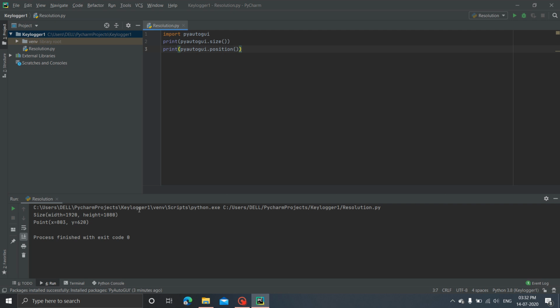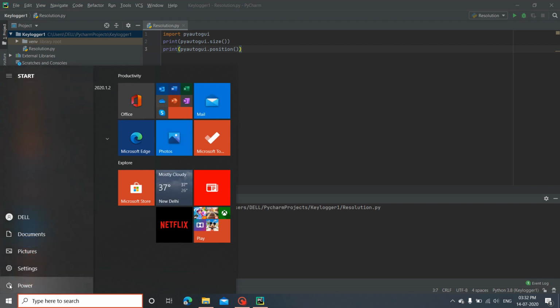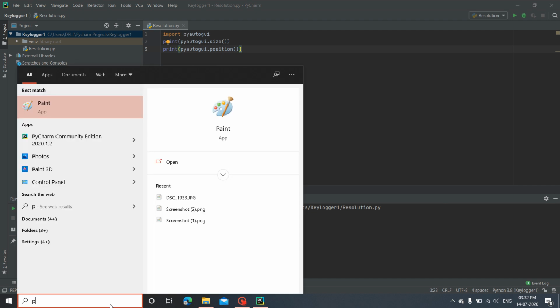You can easily hover, the mouse would automatically come to the start point, and then it will click on this power option and then shut down. All these things will happen automatically without any human intervention. So you can create some really amazing projects using this. And then, as I told you, I would show one more option.